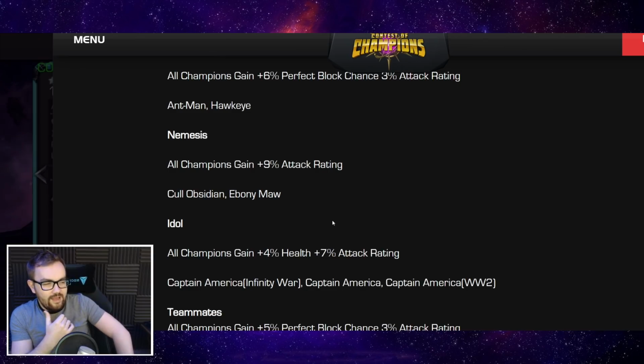Now, I'm thinking if these synergies work the way that they do currently, they can stack up, and there's nothing in the spotlight saying that they're unique synergies and can't stack up. So you've got a 9% attack rating one with Cull Obsidian, and let's say you've also got 7% additional attack with Captain America Infinity War. So if you got the 5-star and 6-star Falcon in the team, that is 32% bonus attack. You can also have Cull in the team, and also Captain America Infinity War. Again, great champions, but also you could maybe have then the character you want to boost up by 32%